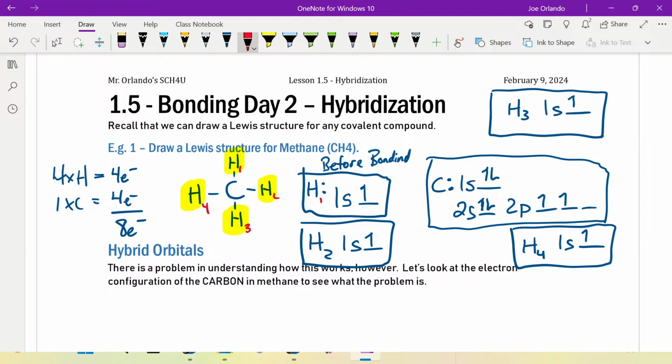So now, let's have that happen. And it doesn't really matter which one comes up first. Let's say hydrogen 3 comes along, and if they're going to share,